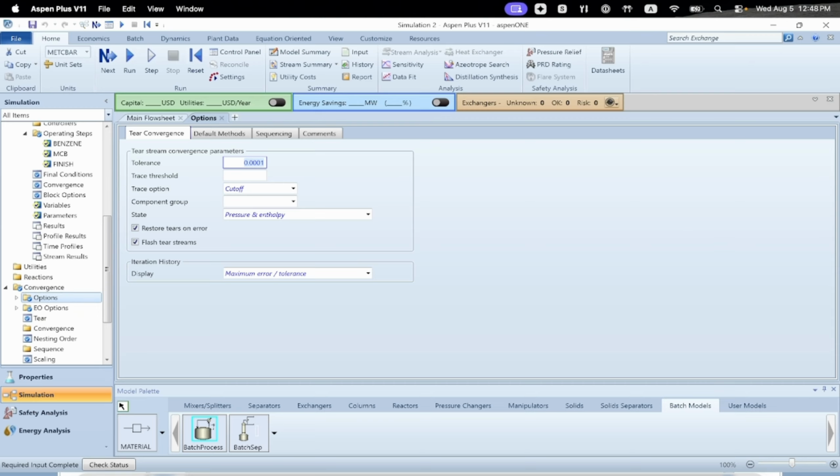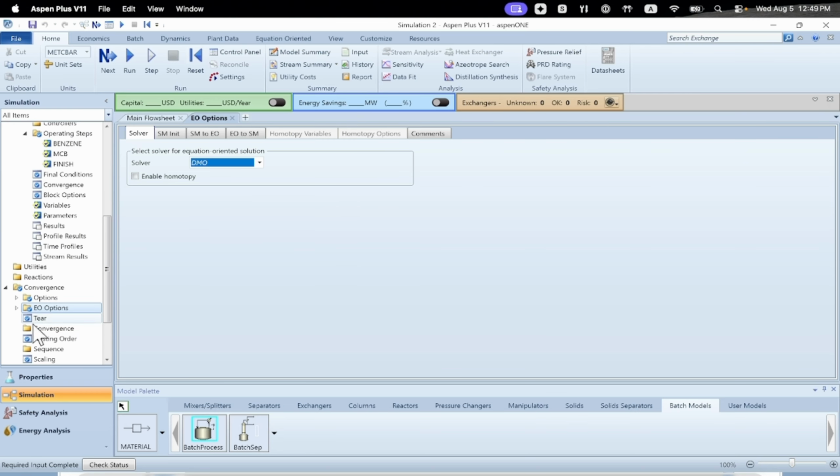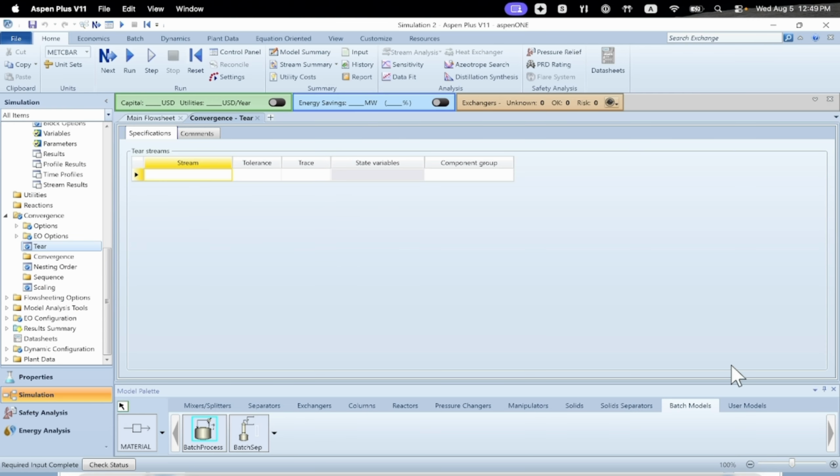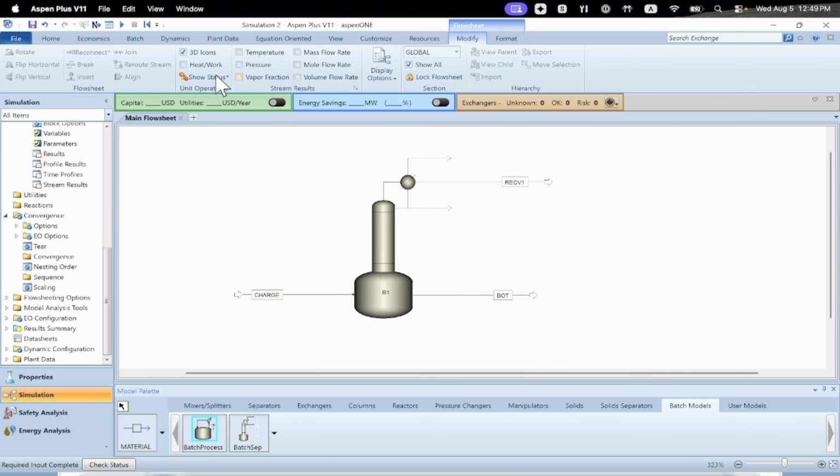Options. We can leave everything like this. Right. So if everything is correct, you can just click on